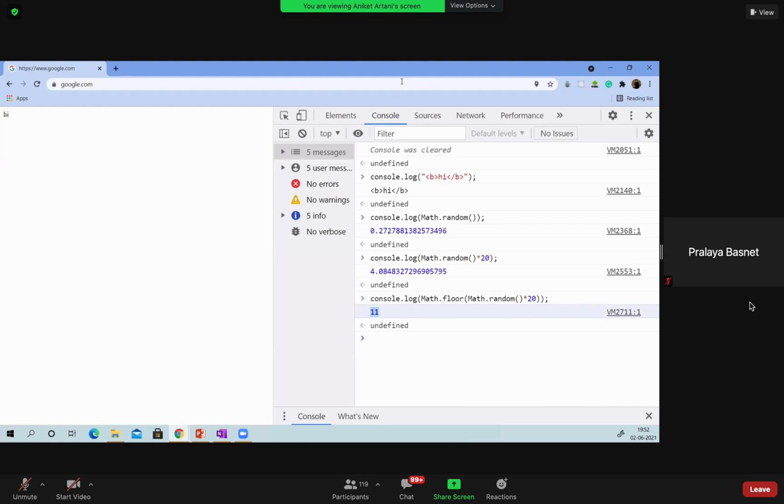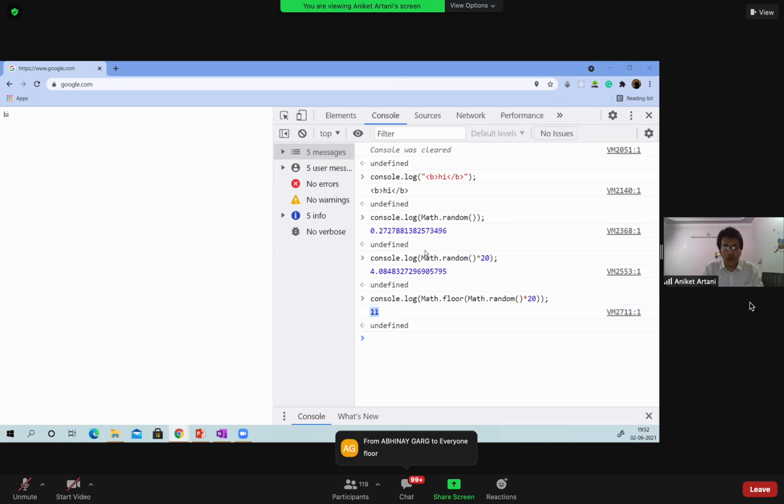Why has it given you a whole digit? For taking the output of Math.random into a whole number, which method do we use?